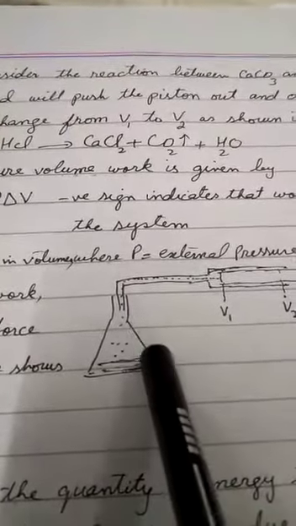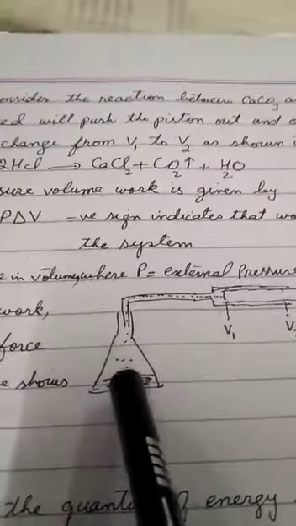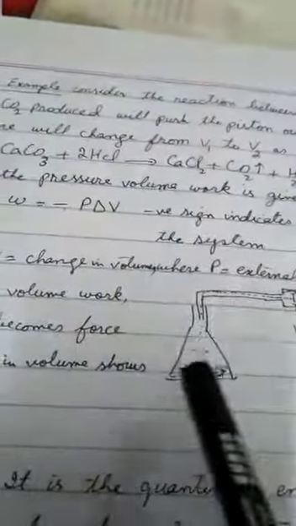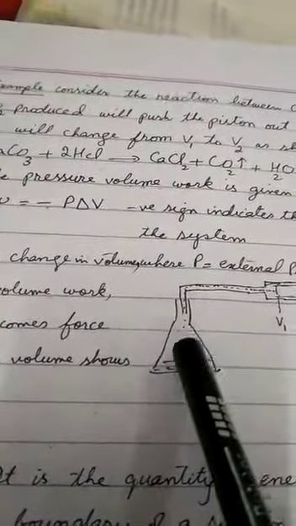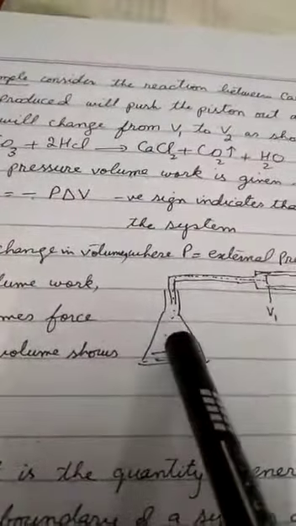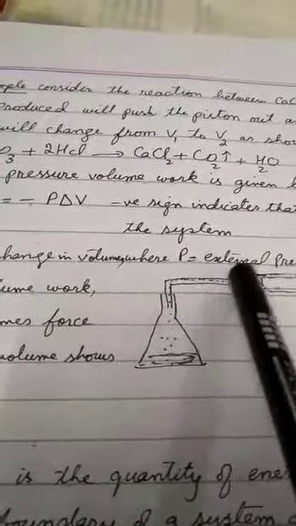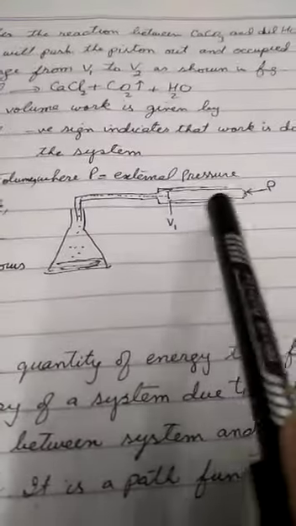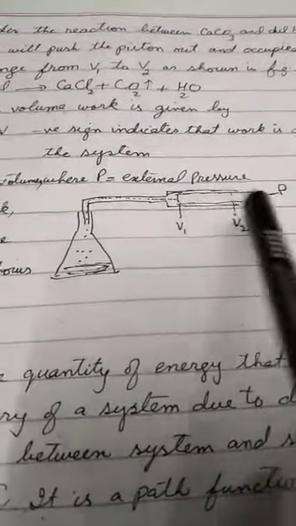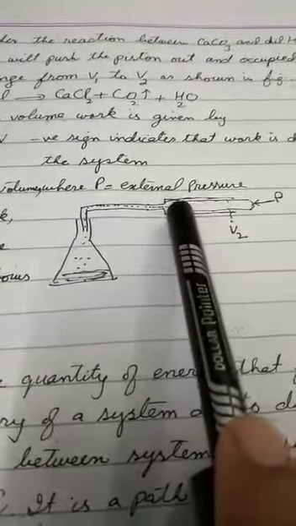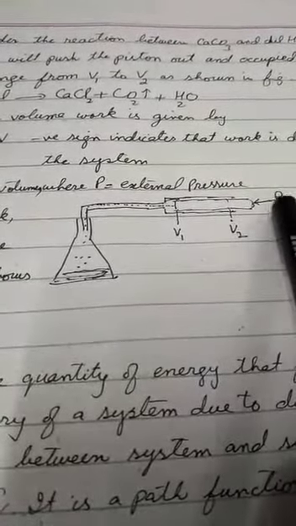For example, consider this diagram in which this is a flask in which you put the calcium carbonate and HCl. Carbon dioxide will evolve. This carbon dioxide will go through this tube and will exert pressure over this piston. This is a piston which is free to move. When this carbon dioxide will exert pressure over this piston, it will move away from this out,